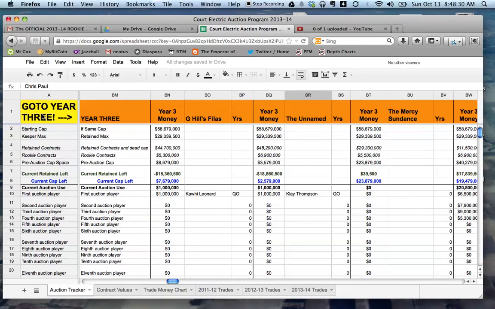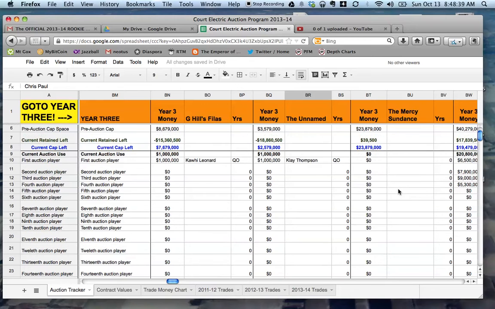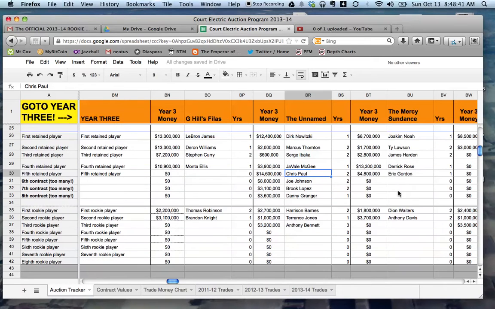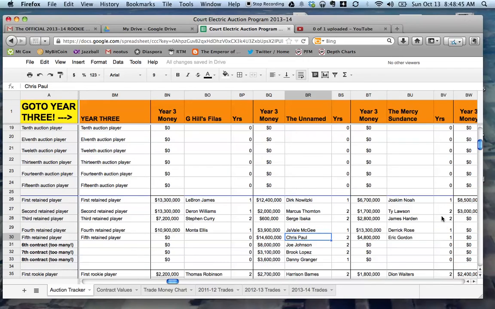You're going to want to make sure that you're on year 3 for this year. This is the tab or the section in orange. And that is your individual teams. We can see, here's my team. I don't have any players on qualifying offer. I've got 5 keepers, 2 rookies, and I can see that list, their current contracts, how many years left they